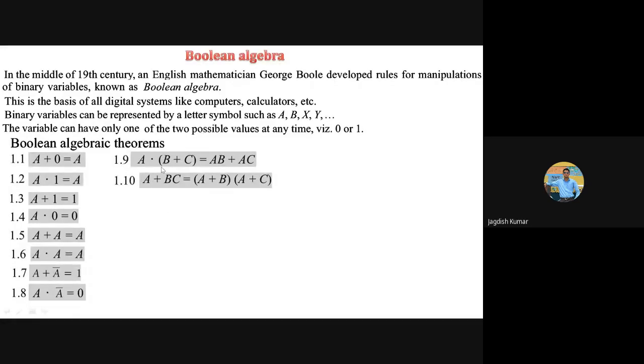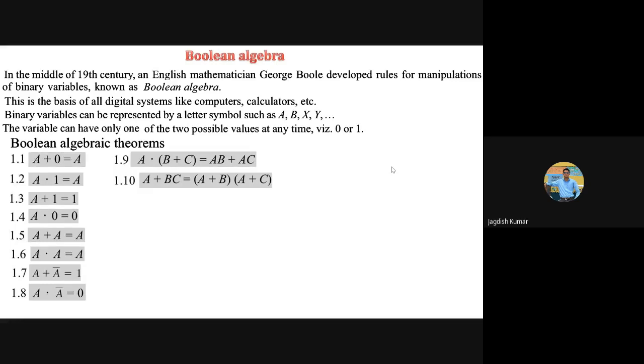Then you have to try all the input possibilities. It can be 0, 0, 0, all ABC. Then this may be 0, 0, 1, 0, 1, 0, 0, 1, 1, 1, 0, 0, 1, 0, 1, and so on. Total 9 options? No, it's not 9. In case of 3 variables, there will be a total of 8 options, right? So for all those 8 options, you have a truth table for the left hand side. Then you may get a truth table for the right hand side. Again, ABC, all 8 options. And then what will the right hand side give you? The two truth tables will come out exactly the same, which will prove a particular theorem.